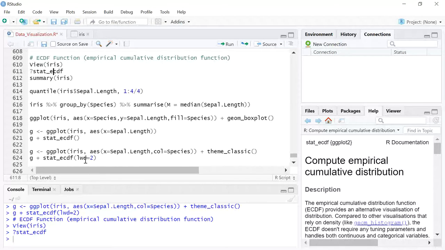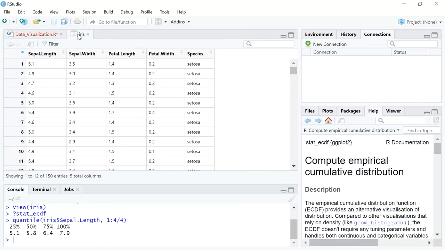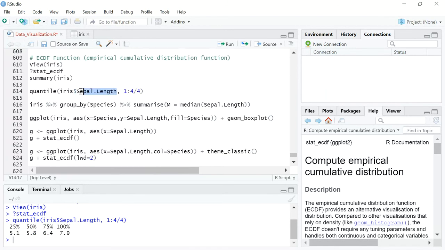But before we start using the ECDF function, let's look at some other functions like quantile, right? Now, what is a quantile function? All you need to do is mention quantile and then select the data set. Here we are using the iris data set, and you use the $ to represent that you're going to use a column from the iris data set. You mention the column name.